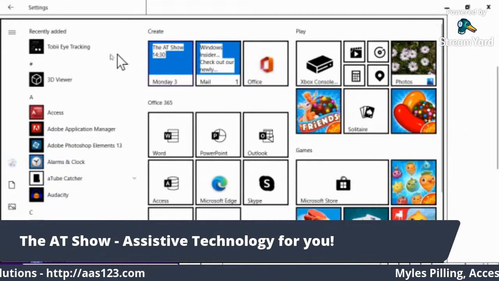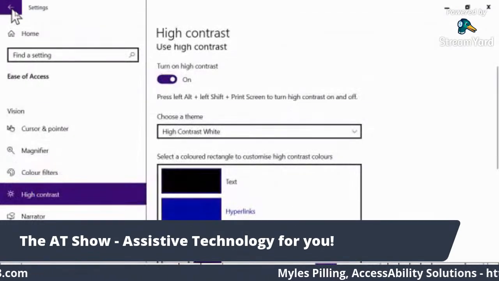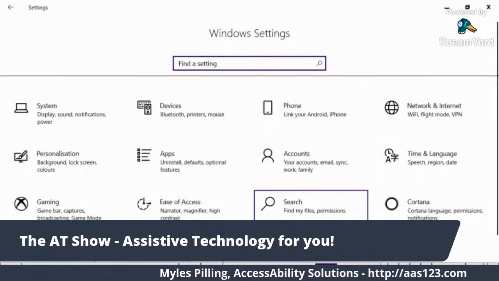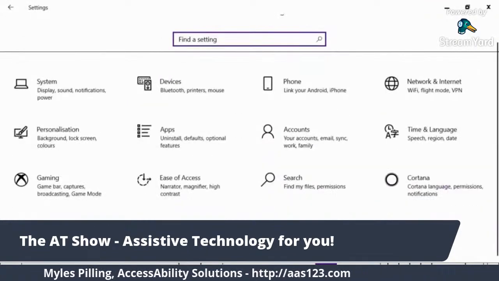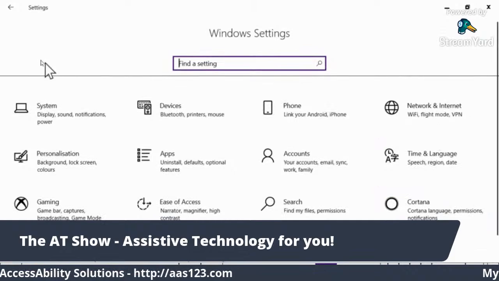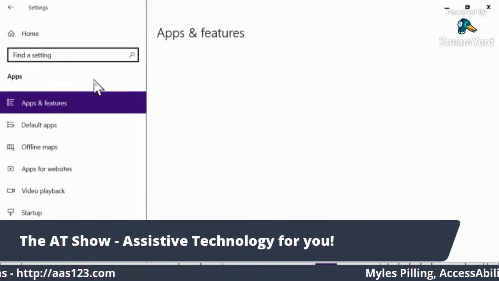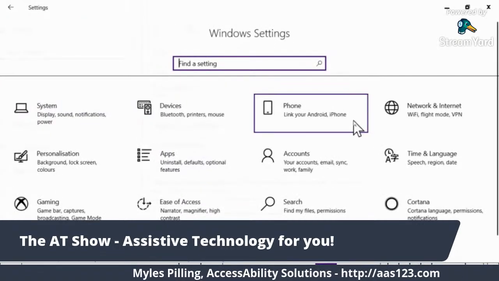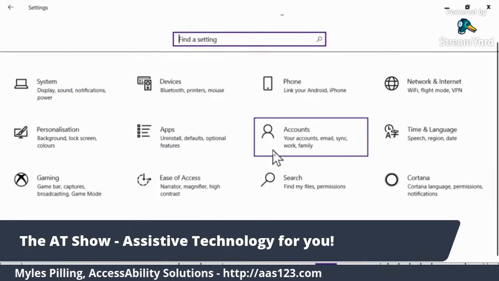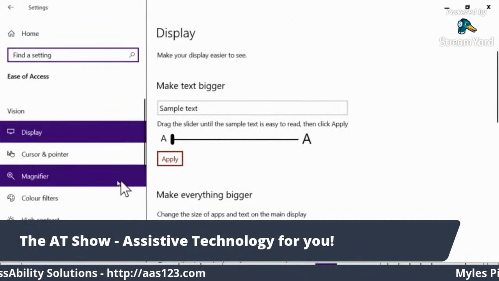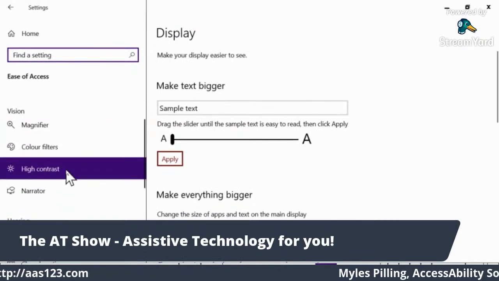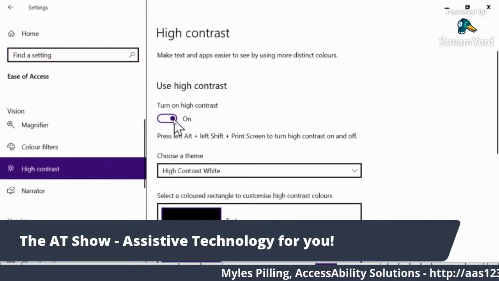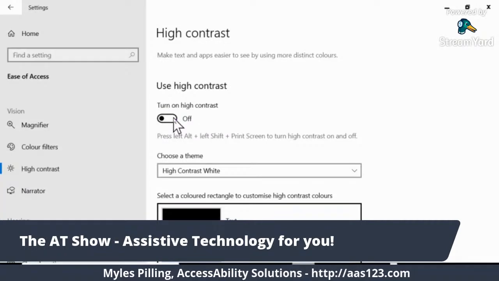So that's the option called contrast, high contrast, and it enables you to actually be able to go in and find those particular features that we're looking at. There we go, ease of access. So high contrast. So I'm just going to click on that, turn it off,